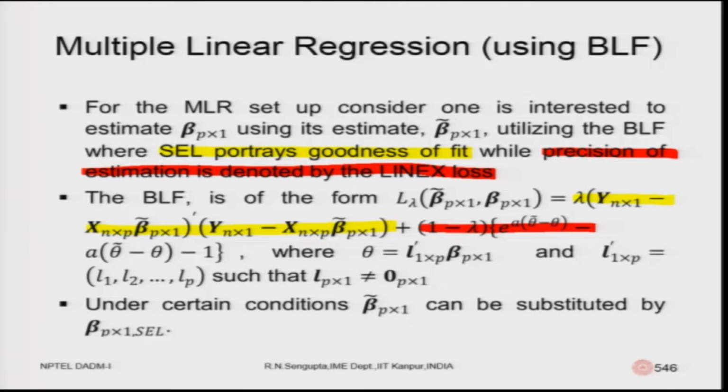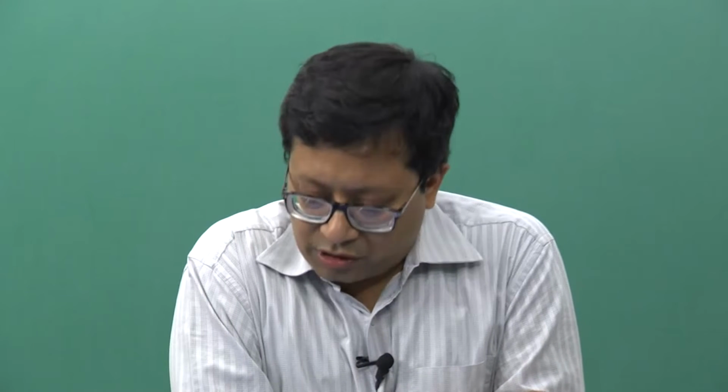Theta is a value which is obtained by multiplying with a vector L. L is an arbitrary vector consisting of some numbers. That would depend on the type of problem which we are going to do. If you have p number of betas, L would also be a p vector, multiplied either column versus row or row versus column to give you the scalar value which is theta. Now, remember one thing: if L1, which corresponds to beta 1, is 1 and the rest are 0, obviously you find beta 1. If, for example, LP is 1 and the rest are 0, you will find beta p. So, it can be changed accordingly.